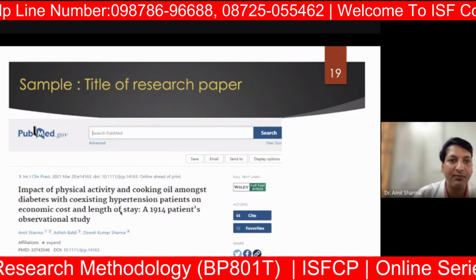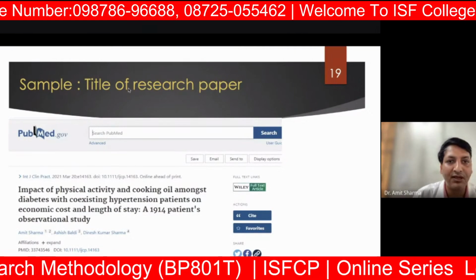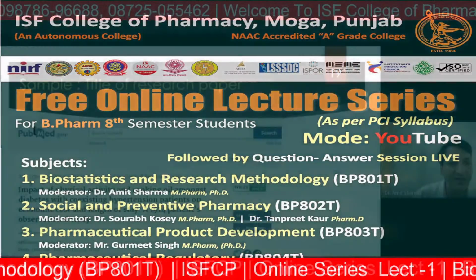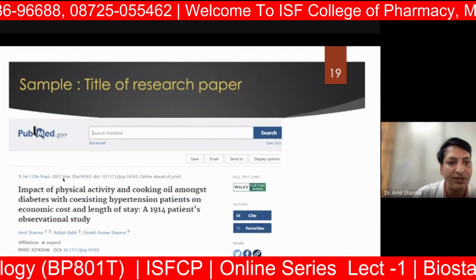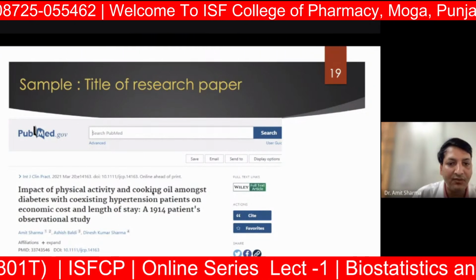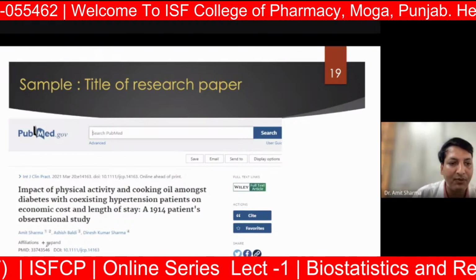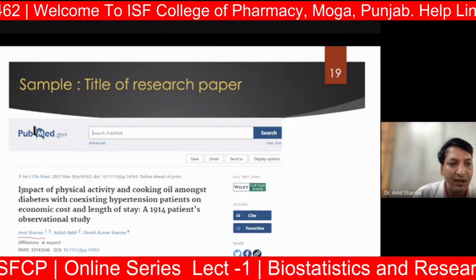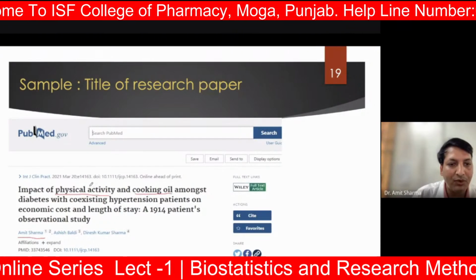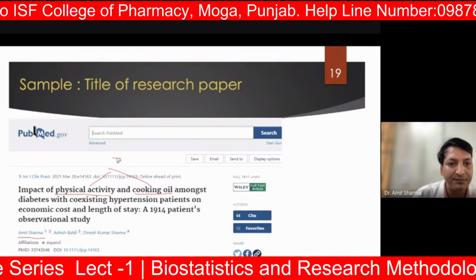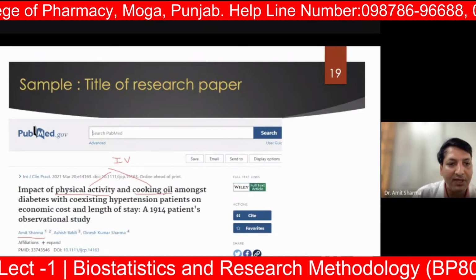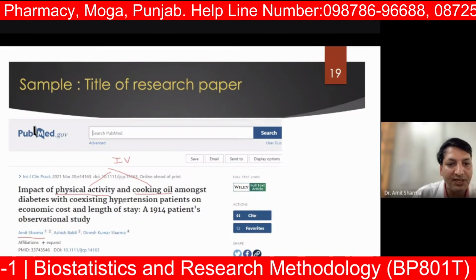This is an example of a research paper. You can see how we are going to make a title of a research paper, which was published in the International Journal of Clinical Practice in March 2021, last month. Now you can see the title. This is my paper only. Impact of physical activity and cooking oil. That means both are independent variables of the research